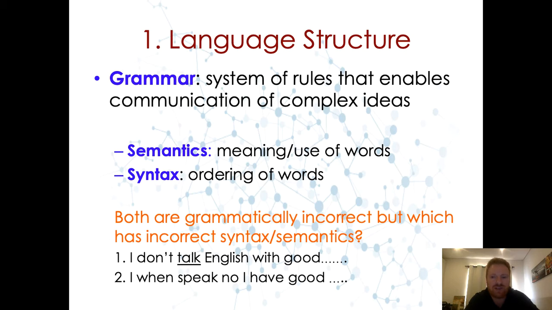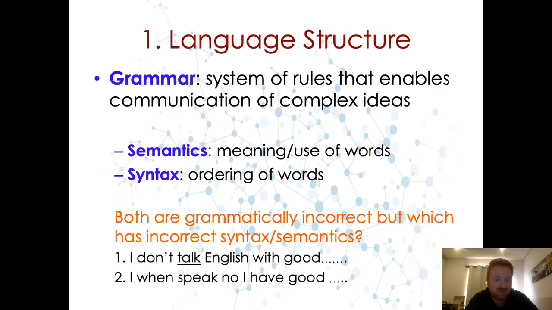When we think of cavemen speaking, they don't have that grammar structure. They just use sort of these nouns and verbs without the nuanced grammar that we think of as what our language structure is. So the real idea of what grammar is, is two things. It's A, semantics, and B, syntax.